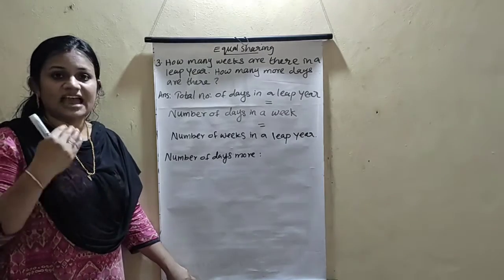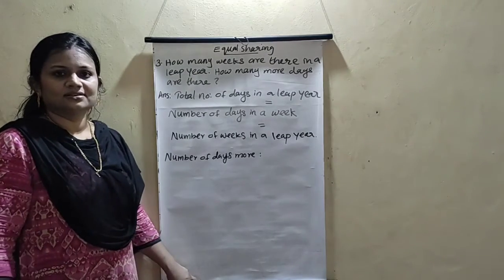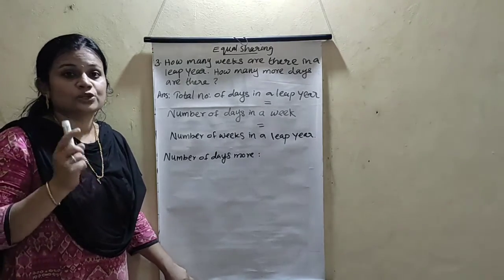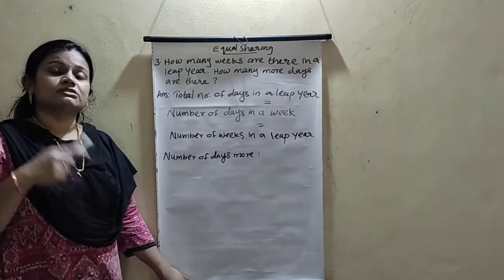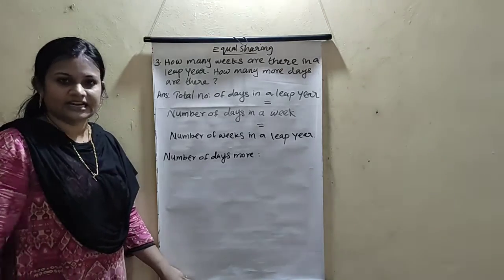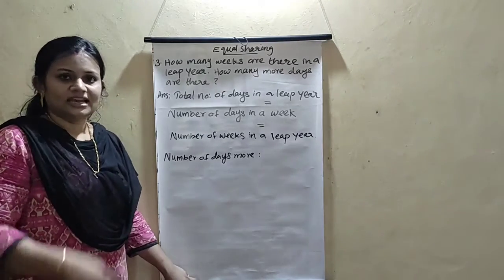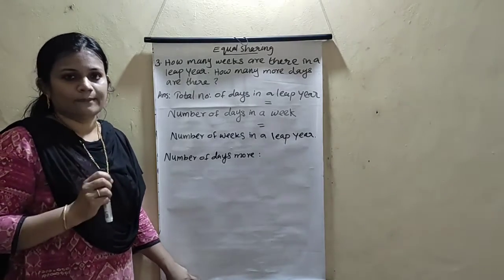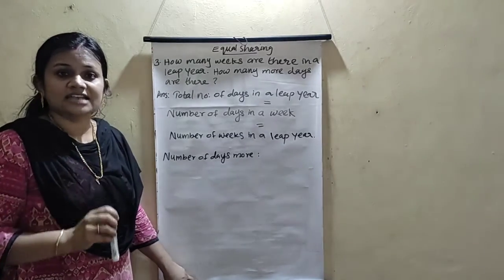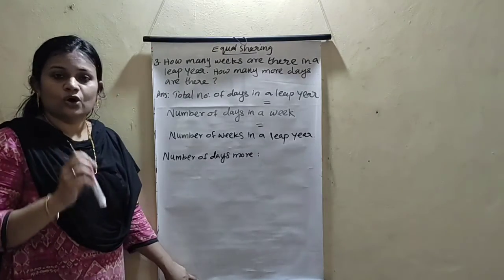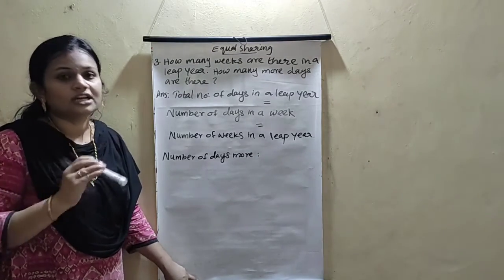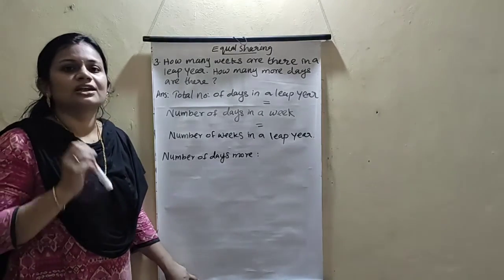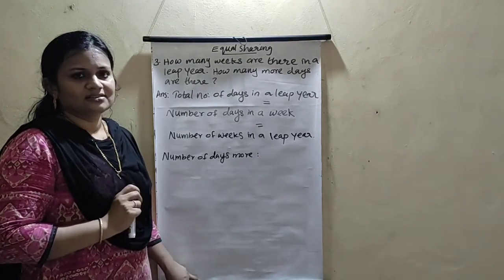The leap year comes every 4 years. Then which is the last leap year? 2020. You look at the 2020 calendar. February has how many days? 29 days. Which is this year? This year is 2021. In this year, February has 28 days. So 2021 is not a leap year. This is an ordinary year, so February has 28 days.